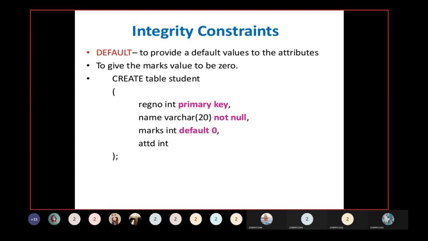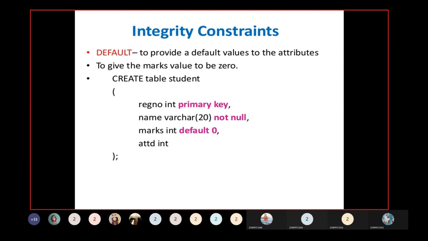So when you're using a default, at the time of the column creation, the default value can be assigned to it. When the user is loading the record with the values and leaves this column empty, the database administrator will automatically load this column with the default value specified. The data type of the default value should match the data type of the column. You can use the default clause to specify any default value you want.